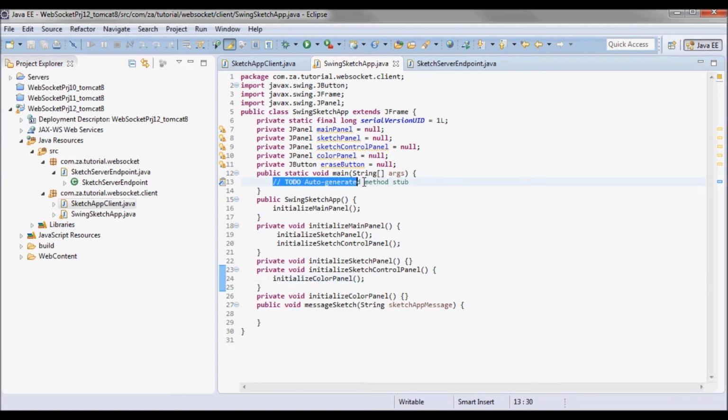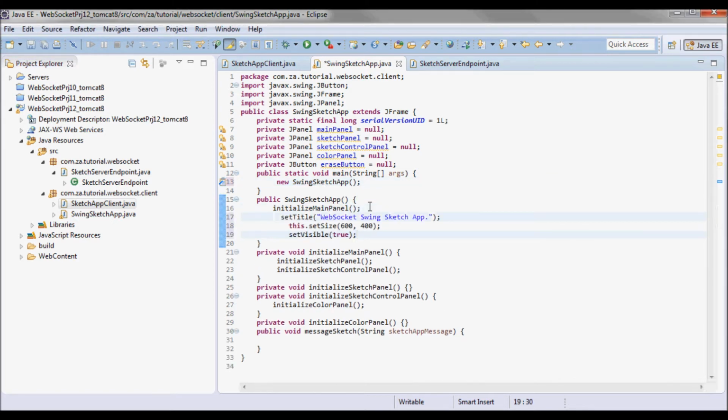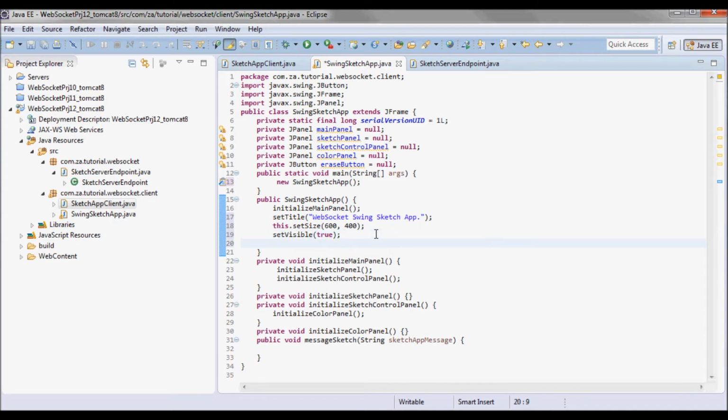And from main I'll call the Swing Sketch App constructor, and in the constructor, after initializing the main panel, I'll go ahead and set the title and the size and the visibility, and this is the server path, so ws://localhost:8080, and I have it hard coded here for the purpose of this tutorial.